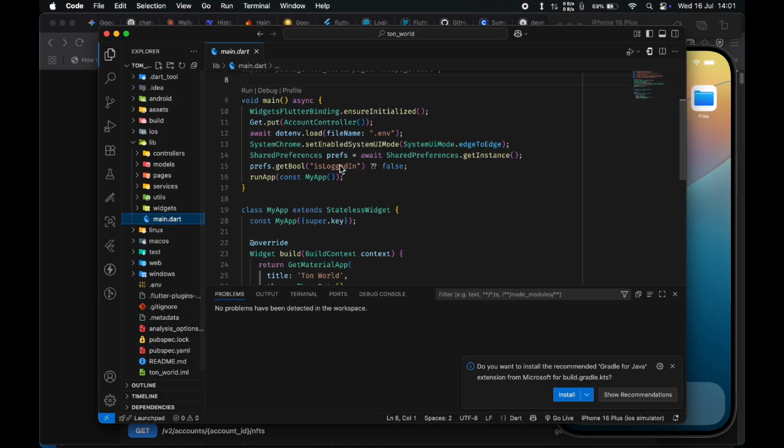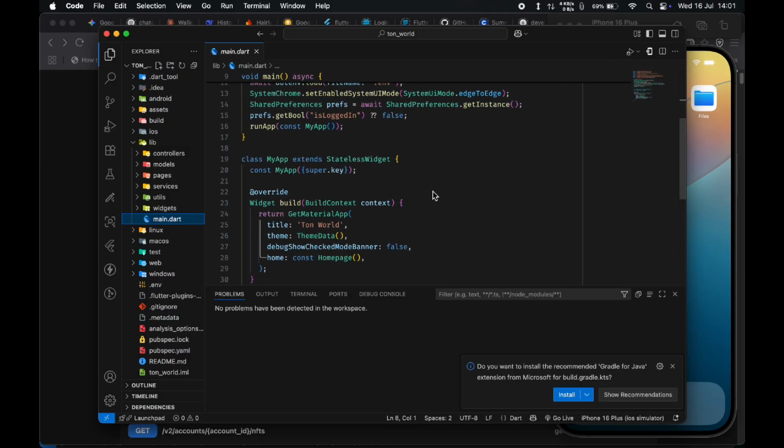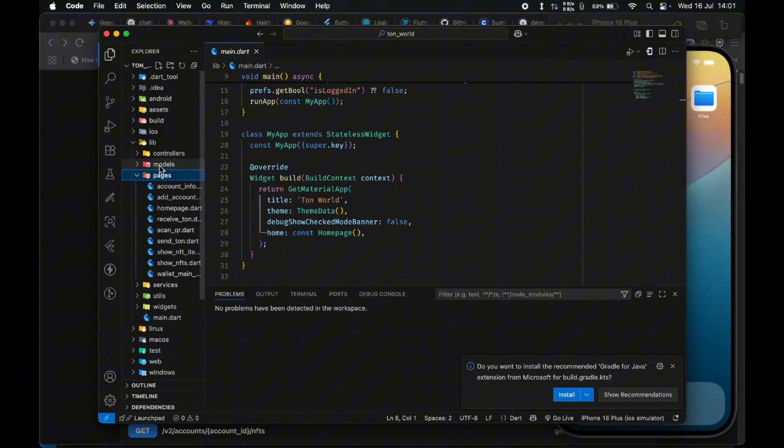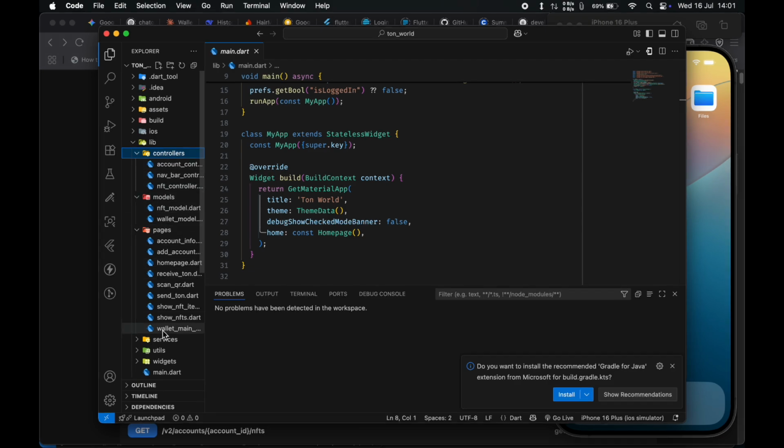So after that, we proceed with the coding aspect. I won't bore you much with the UI aspects of it, because it's not very interesting, and we just want to focus on the Ton API usage itself. But I adopt the model view controller architecture, where I have models which are responsible for taking information from the API response, which is JSON, and then converting it into